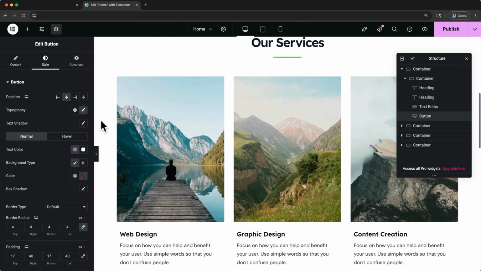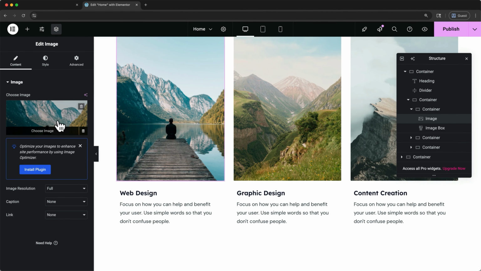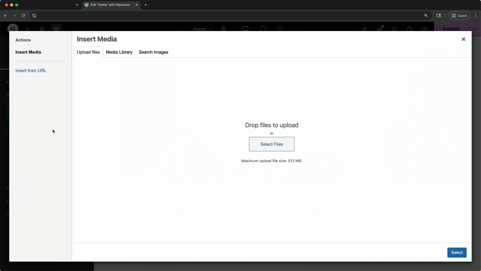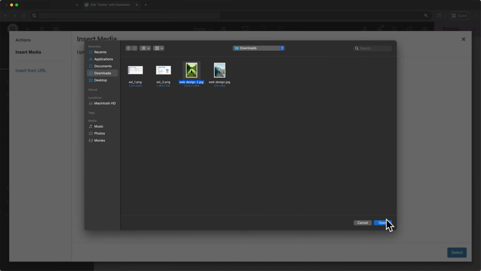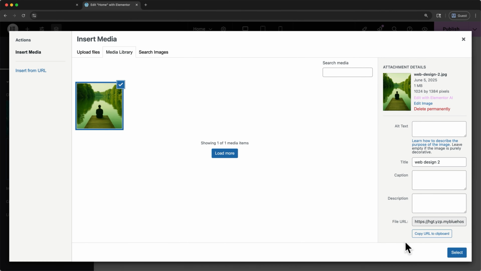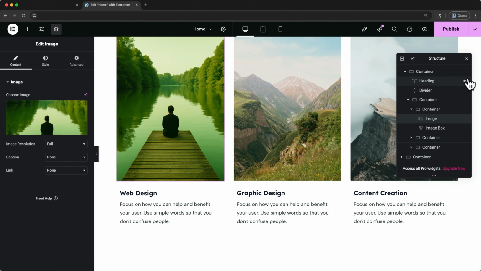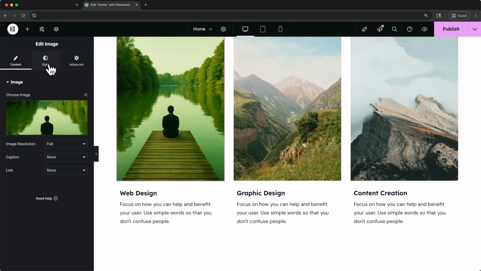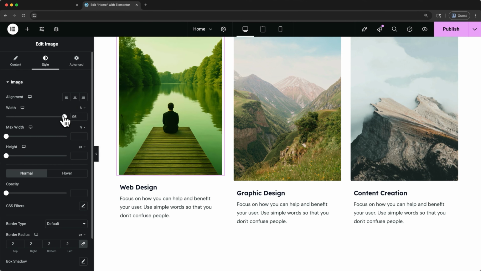To change an image, simply click on the image, then select Choose Image on the left, and upload your new image here. I'll select a new file, and when it's done uploading, select again. In the Style tab on the left side, you have many options to make changes to the position and alignment